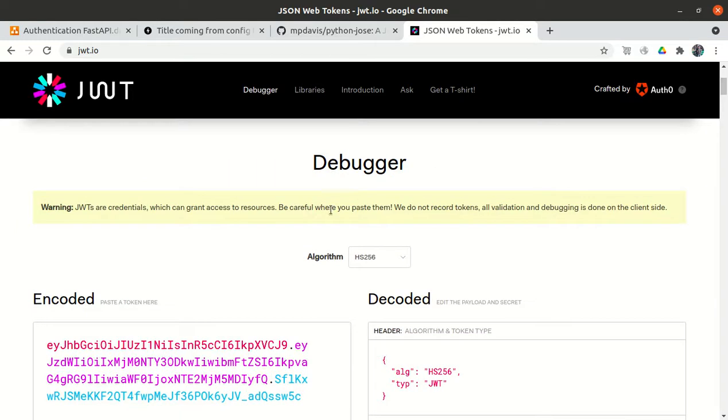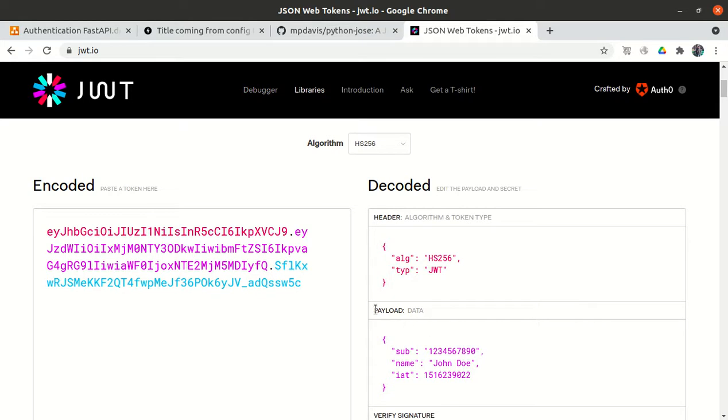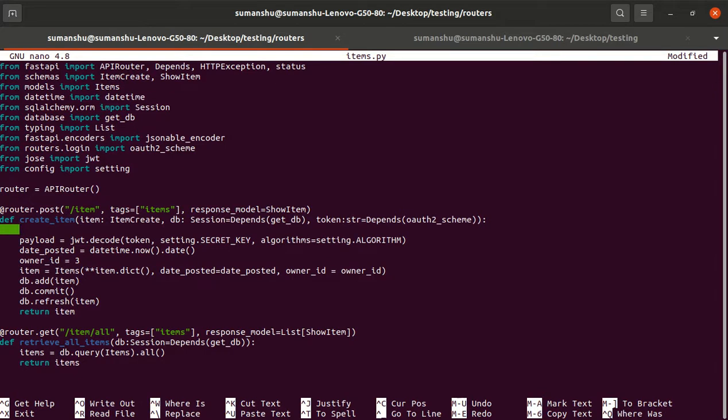So if we give our token and decode it, what will the decode return? Mainly we will get the payload data. There could be reasons why it gives some error many times, so it is better to put it in a try and except block.